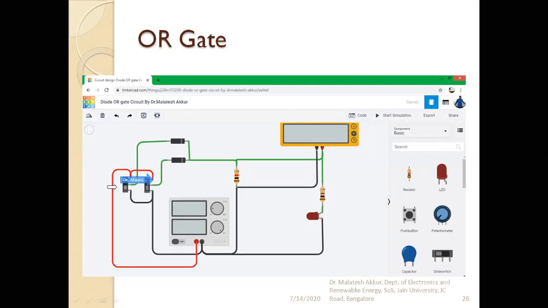Whenever any one of the slides is at the upper side, that is 5 volts, the particular diode becomes forward biased, current flows here, and voltage drop occurs. To measure this voltage drop across this resistor, I have connected the voltmeter. The positive of this is connected to this point, and the negative of the voltmeter is connected to the ground. This is the ground point. At the same time, between this terminal, which is the output terminal, nothing but the same point, and the ground, I have connected one resistor and one LED to see the status of the output. If the output is high, this LED will glow. If the output is low, the LED will be off, for our understanding.